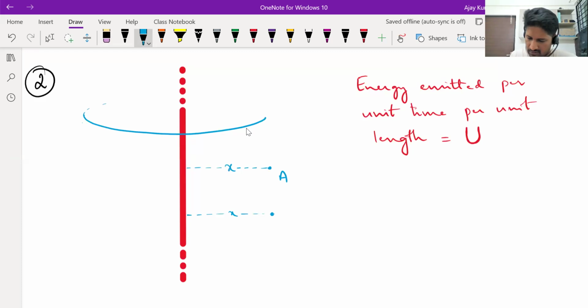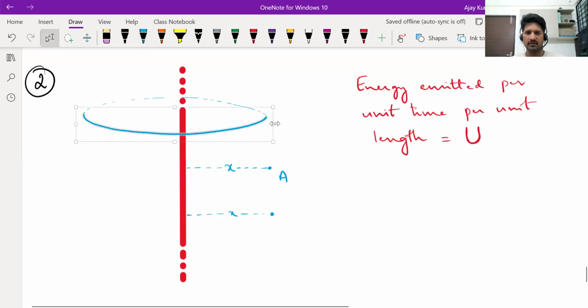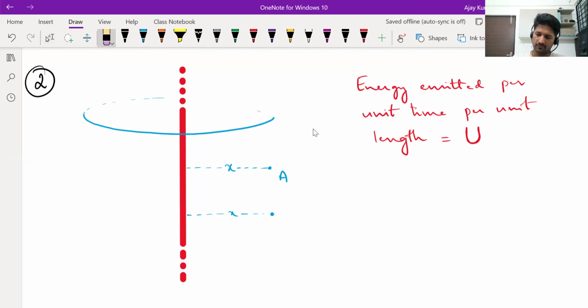I asked you to visualize waves like electric field lines. If you visualize waves like electric field lines, then this surface over which the intensity will be uniform will be like the Gaussian surface